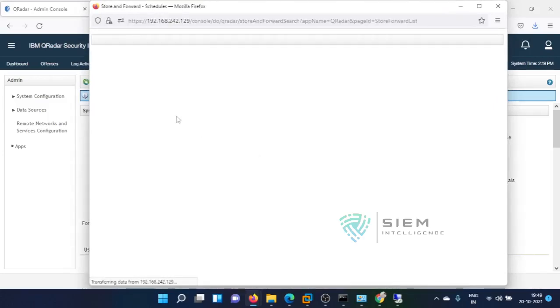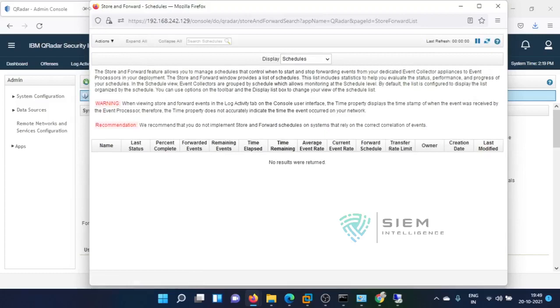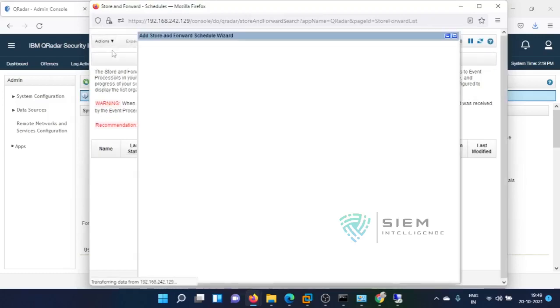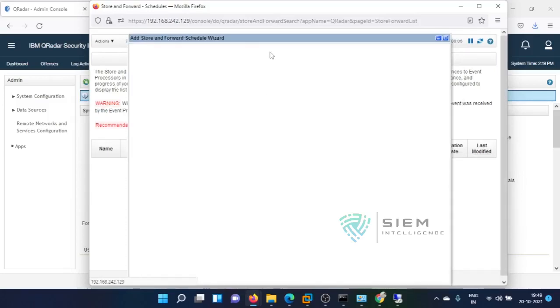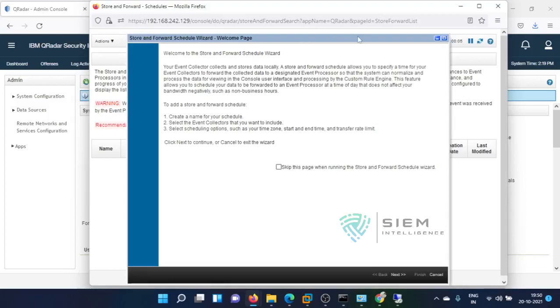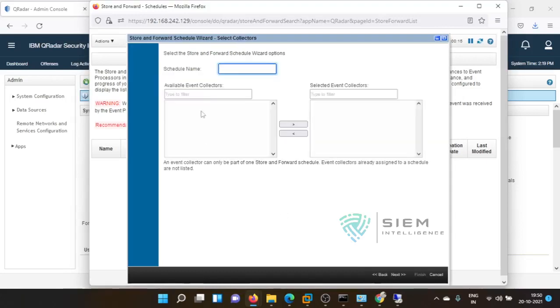so you can create a store and forward to another destination and forward your events. See here, press next. Schedule name, something like weekly.